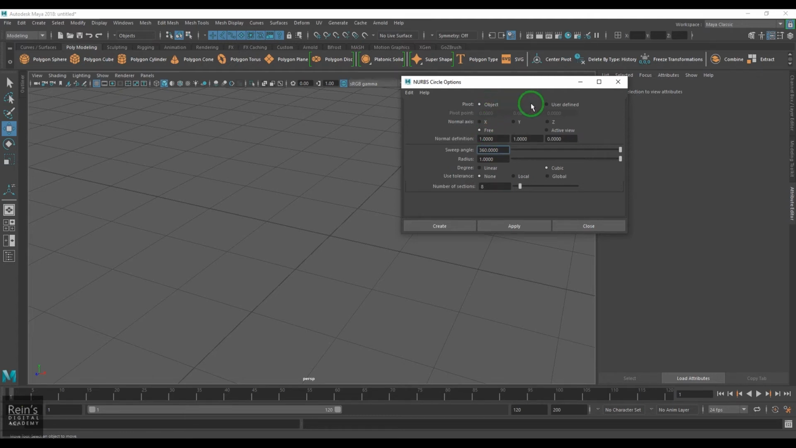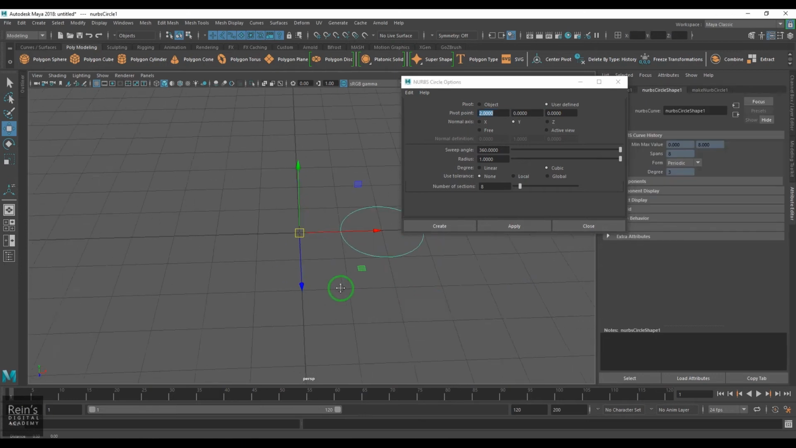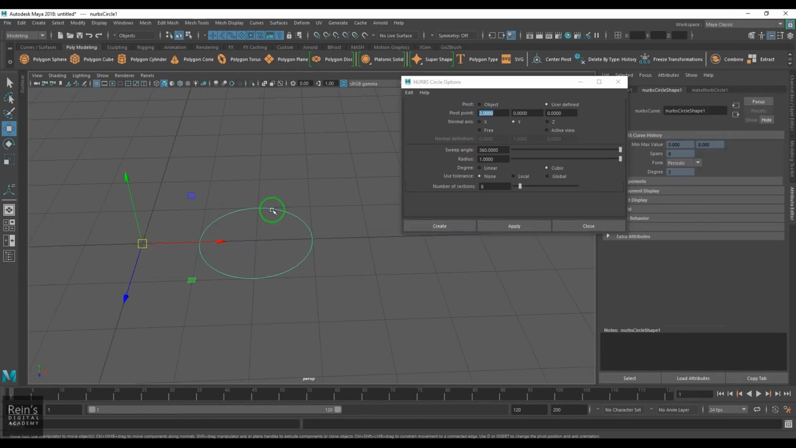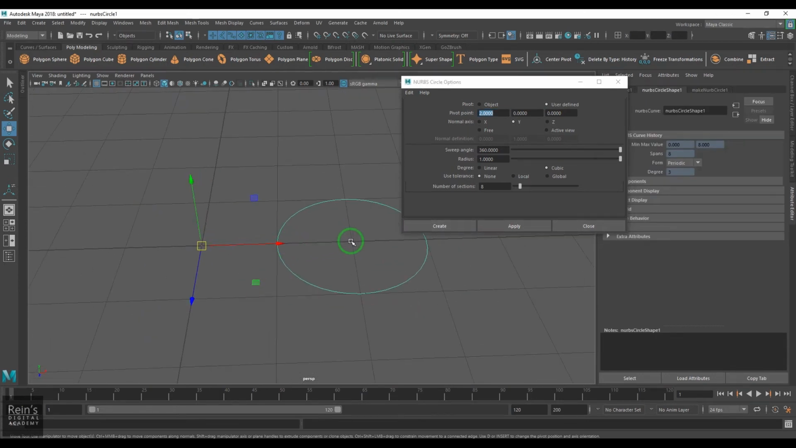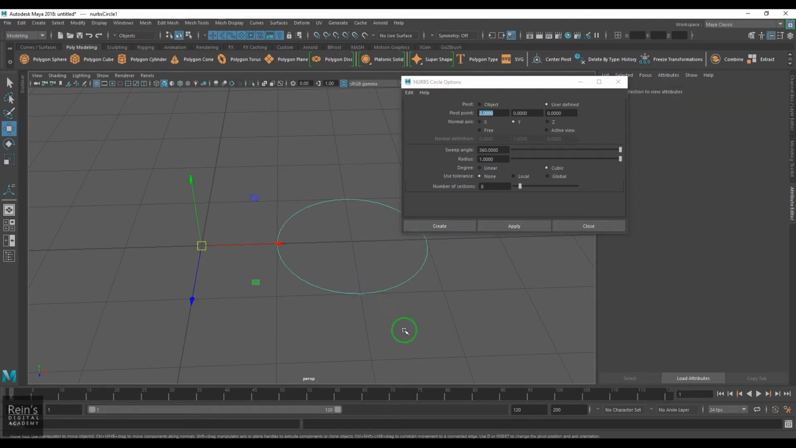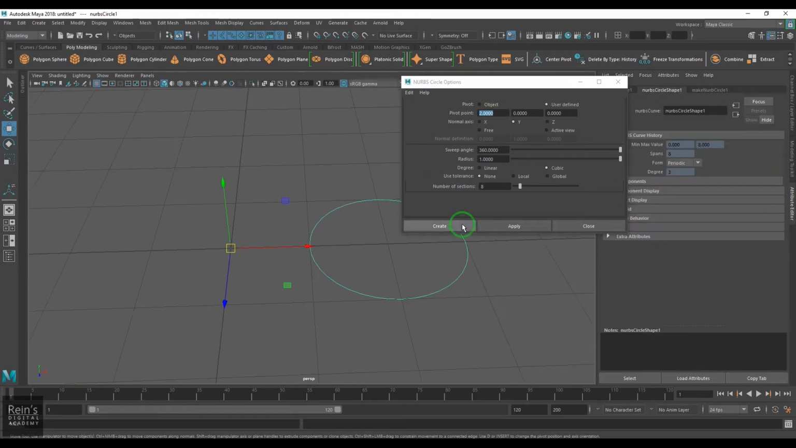We have the pivot point at the object, and we have a user-defined pivot point. Let's say I put a value of 2 there, and then you get a circle here and the pivot point 2 units away from the center in the x-axis, because I've given the pivot point 2 units here. So lastly we have